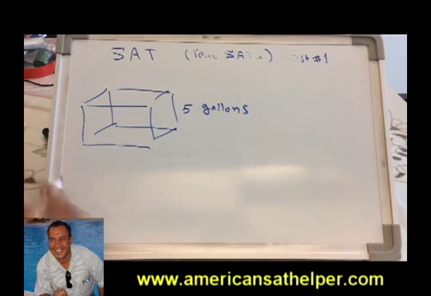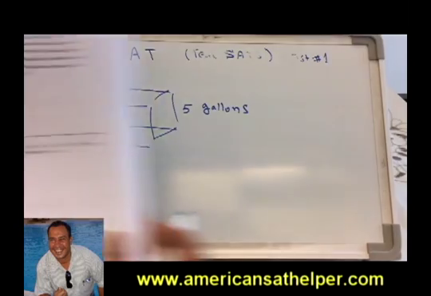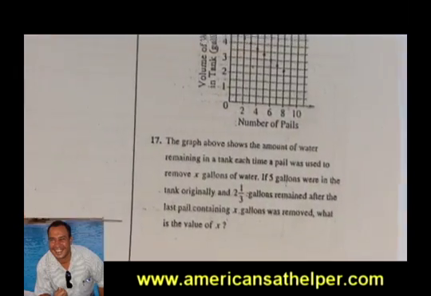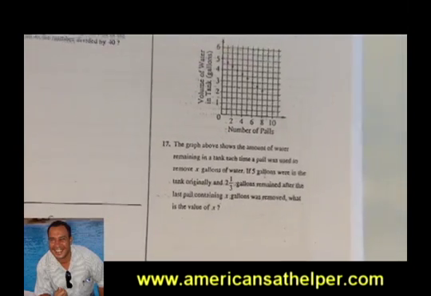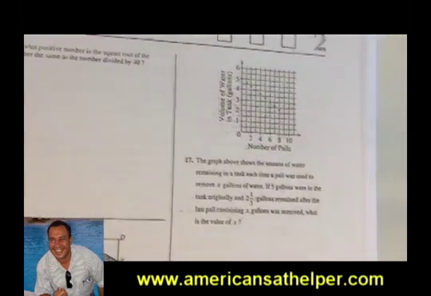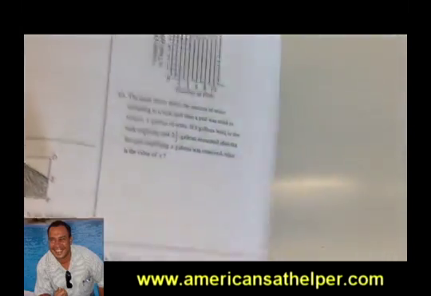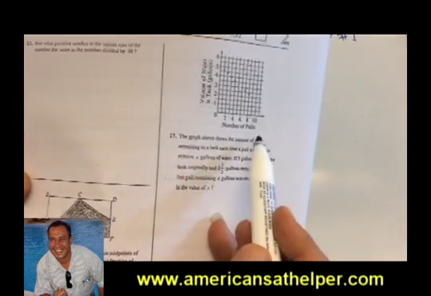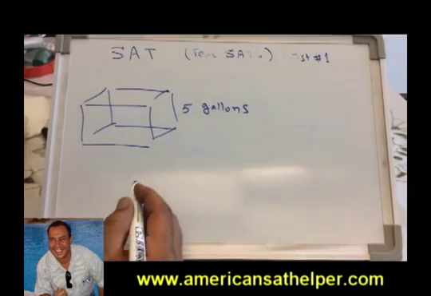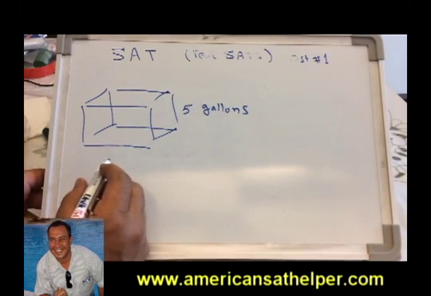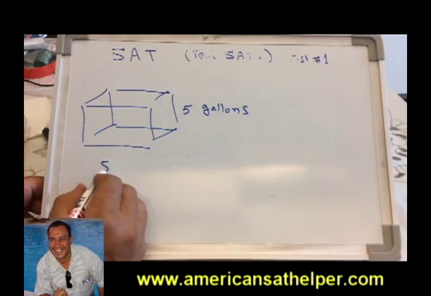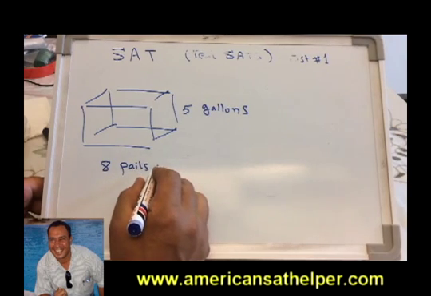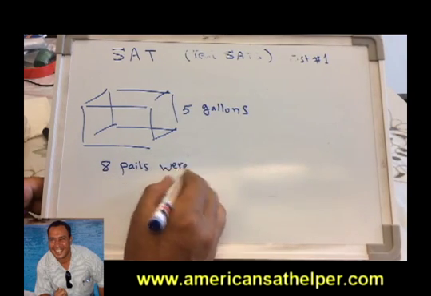And from the figure you can see that 8 pails were used. 8 pails were used because the last dot is at 8, and this is the number of pails. Then we have 8 pails were used,